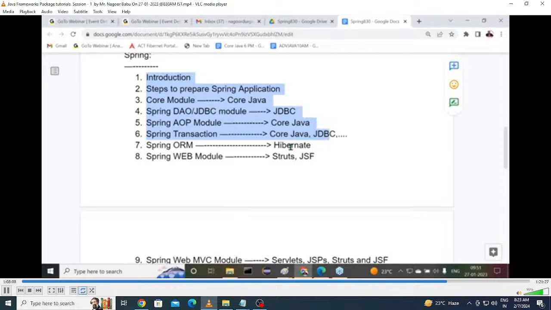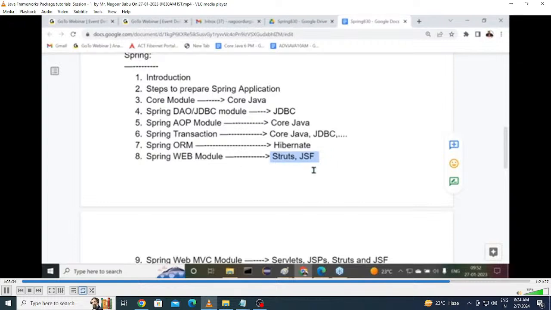Meanwhile, we are going to complete and enter into Hibernate at 7 o'clock. The moment we come to this, we are able to see some basic programming on this content. Then after that, the web module, where I will talk about Struts and JSF. No need to join any other courses like Struts and JSF, they are totally outdated. But still, I will give a basic programming approach. Then I will start integrating those Struts and JSF applications with Spring applications. I'm able to show that clearly.